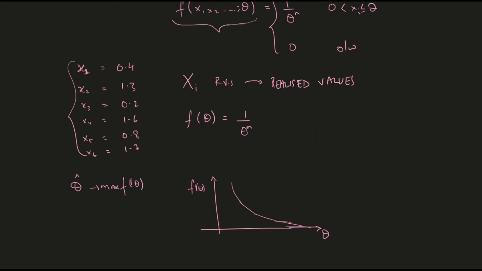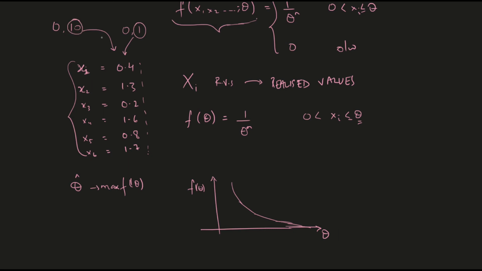Right, but there is a subtlety here. There's a hidden condition that the xi's should be between 0 and theta. So these realized values must be between 0 and theta. It cannot happen that the real theta is actually less than a realized value. If the balls in our bag were from 0 to 10, let's say, I could get samples like these. But if the person who made the bag made sure that the balls were from 0 to 1, I could never get these values.